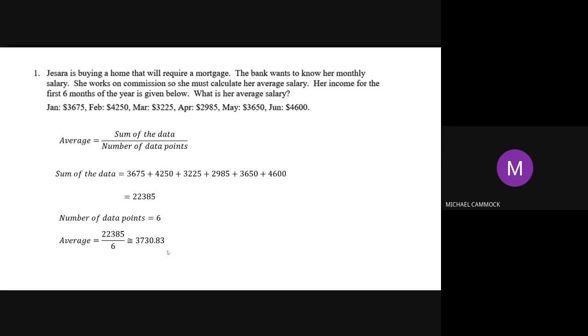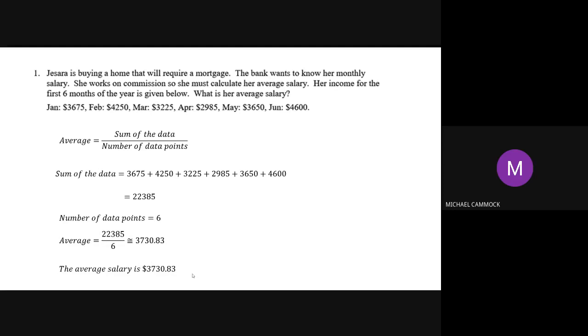So here's my statement. The average salary for this person, Jasara, is $3,730.83, approximately. You see this little sign here, which means approximately. Did she earn this in any month? No. Some months she earned more than that. February, she earned more than that. But in April, she earned less than that. So this is the number that's kind of in the middle of everything, right? That's her middle number,